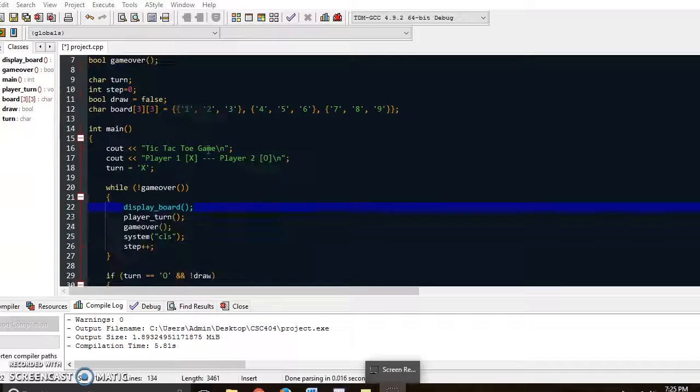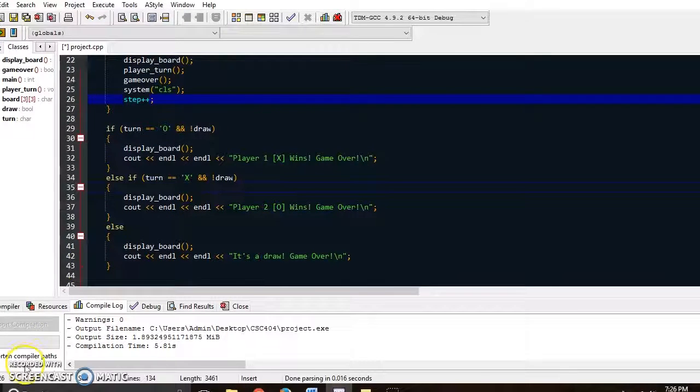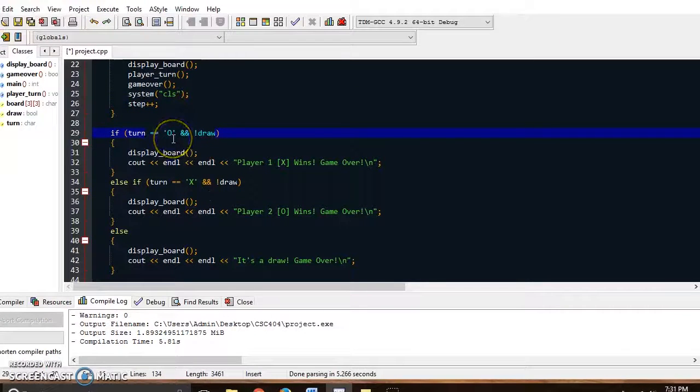So next I will declare step plus plus because it will increment the step. What I want to do here is this step is for the total of block. So if it has reached 9 and still cannot determine the win, so it will determine the draw. So in this one, what I want to do is we should